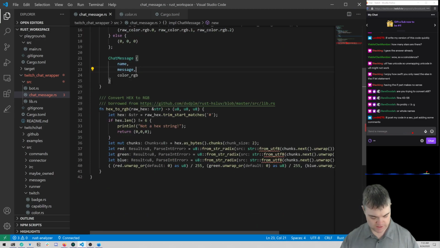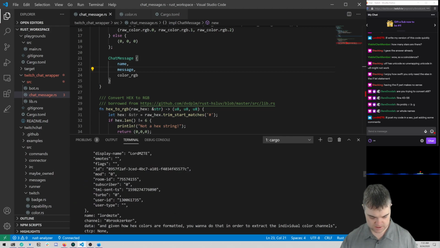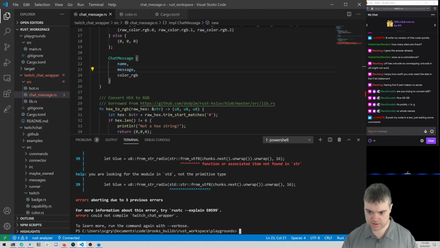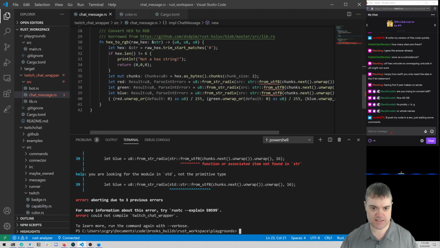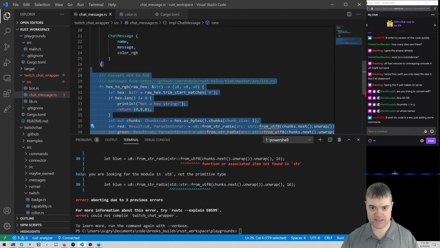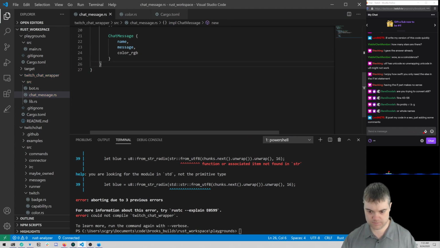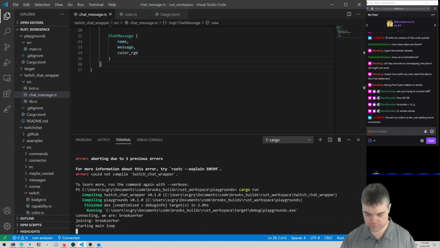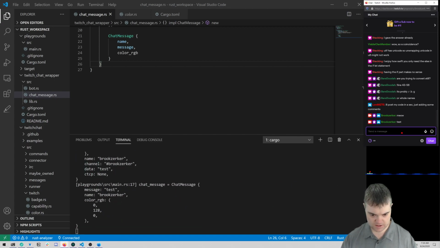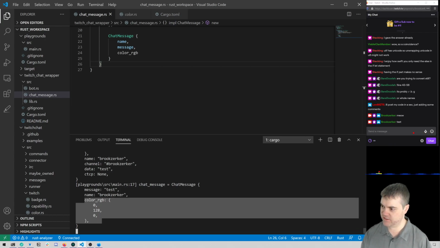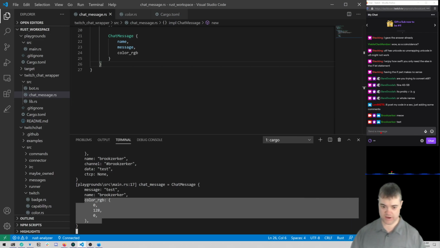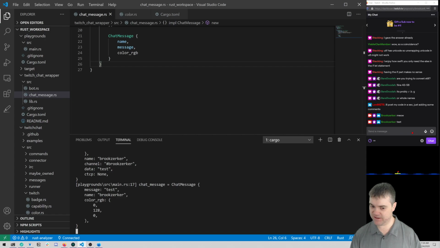If I rerun this, I should get the color of each chat message in RGB in a tuple, which means I don't need this thing at all because it already exists for us. So if I do our test, here's our color. 0, 128, 0 for my green. That's perfect. That has exactly what we need.